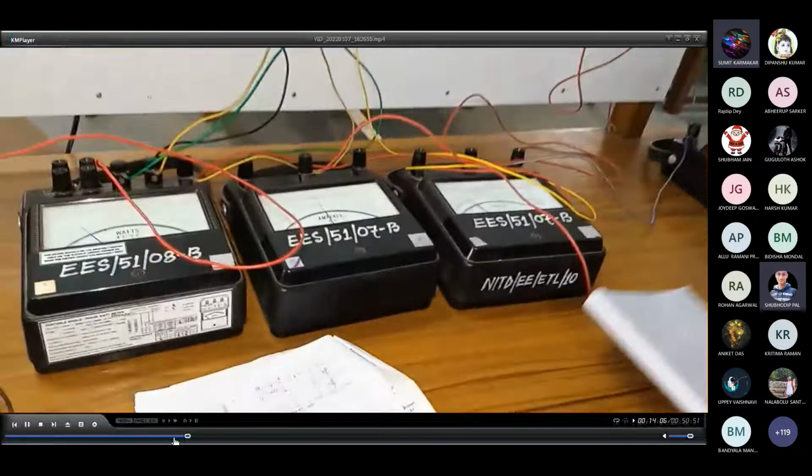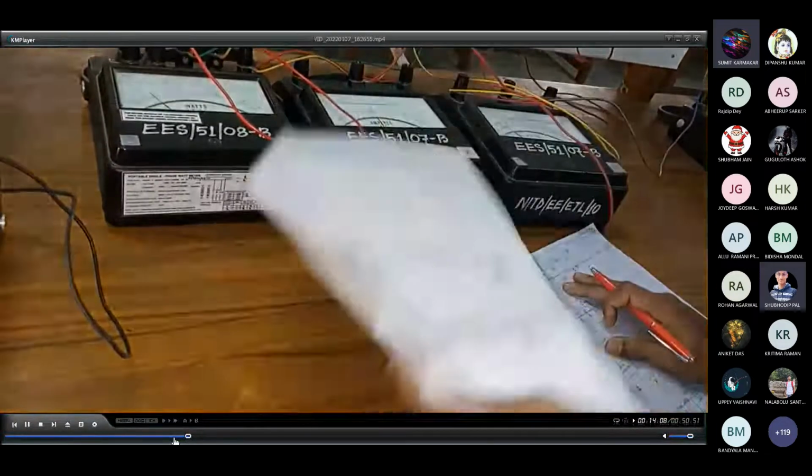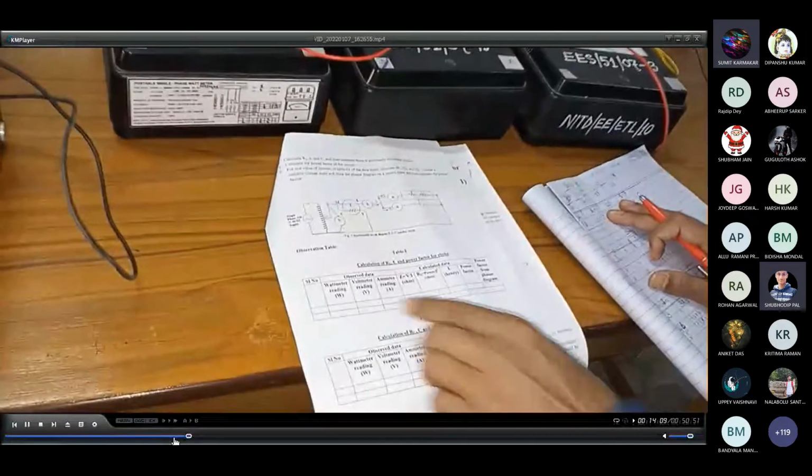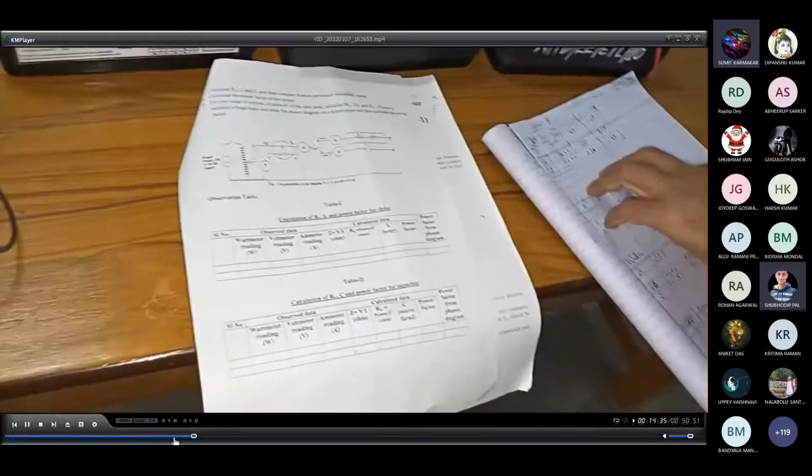Now we'll have to note down the readings. So what are the readings, right? We have to write the wattmeter reading, voltmeter reading, and ammeter reading. Then for the calculations, I have also shown the calculation steps, right? From the phasor diagram you are supposed to get the power factor, and from the calculations also you are supposed to get the power factor. You will have to see whether they come out the same or not. If you are collecting the measurements correctly and drawing the phasor diagram correctly, then they should match, right?